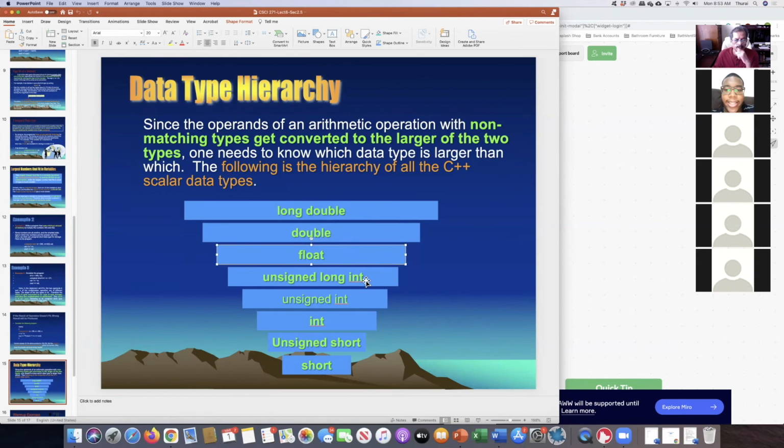Unsigned long int is smaller than float. See, float gets only 4 bytes. Unsigned long int is supposed to get 8 bytes, right? But it's considered to be smaller than float. All the floating types are larger than all the integer types, no matter how many bytes are allocated. So unsigned long int is smaller than float, and then unsigned int,